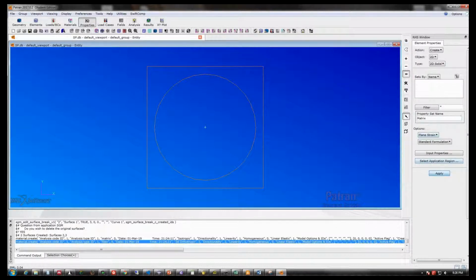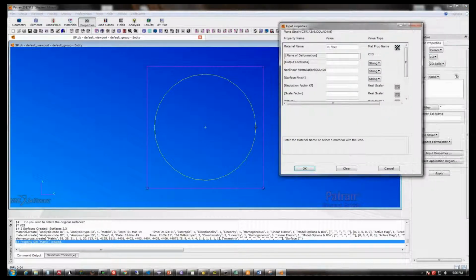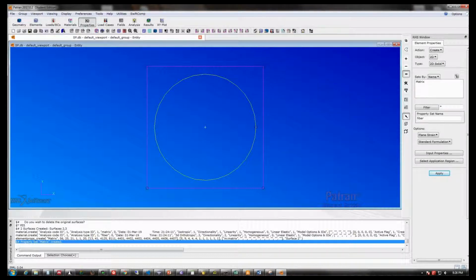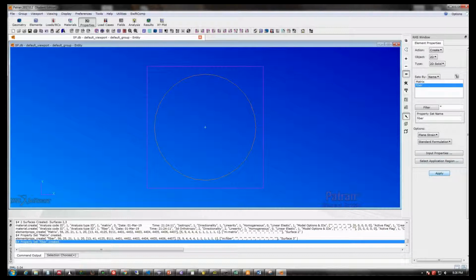Click OK, apply. And then we do the same thing for the fiber. For the properties, we change this to fiber, click OK, select region, click here, OK, OK. Now we have defined the properties,